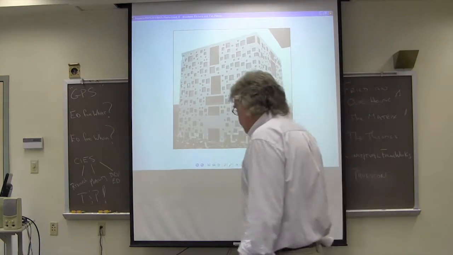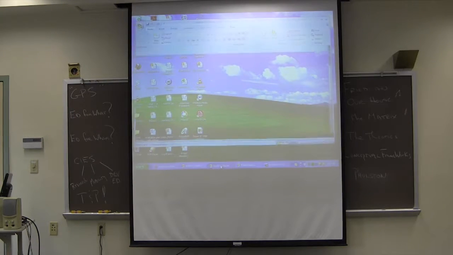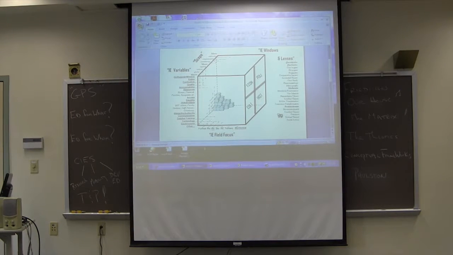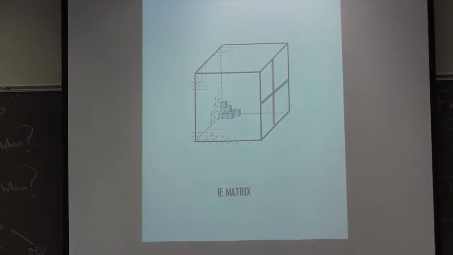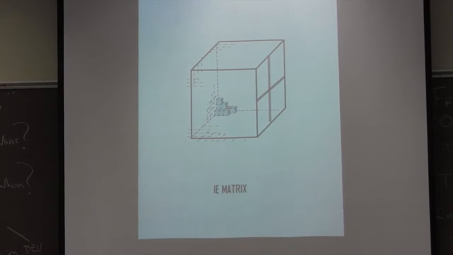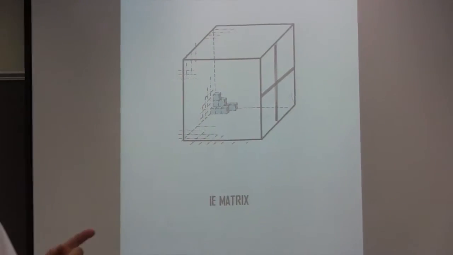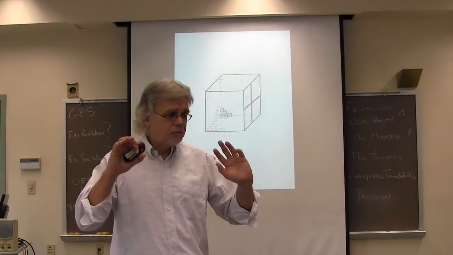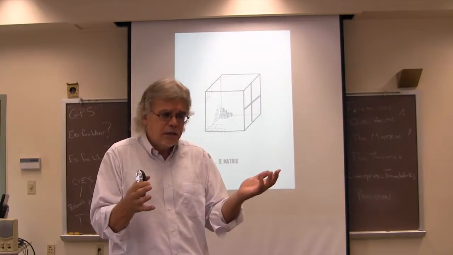So, I guess the easiest way to talk about the matrix is to move right into it here. Let's try this one first. Now again, what I was doing with the matrix is to try to situate, try to identify the variety of three-dimensional kinds of activities that take place with us at any given time.